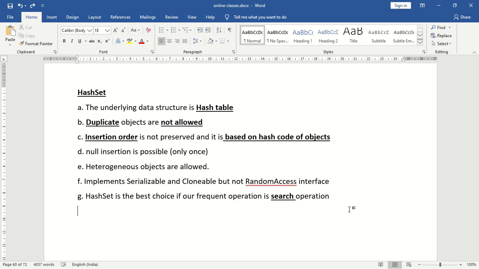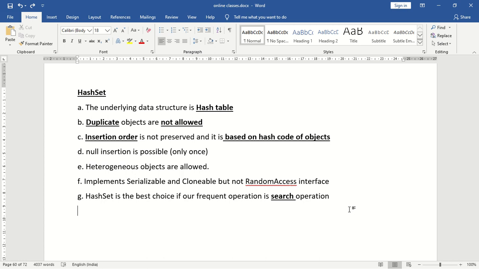So these are the properties of the hash set. What are the properties? The underlying data structure is hash table. Duplicate objects are not allowed. What about the insertion order? Insertion order is not preserved and it is based on the hash code of the objects. When we insert an object, the objects are stored according to their hash code. Next, what about null insertion? Null insertion is possible.